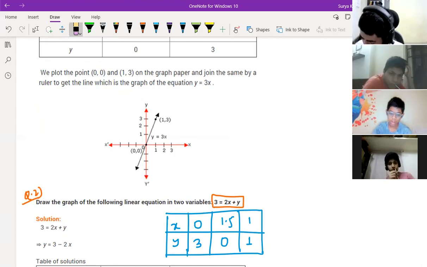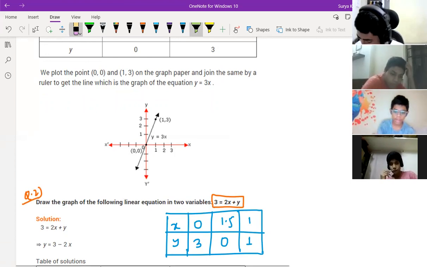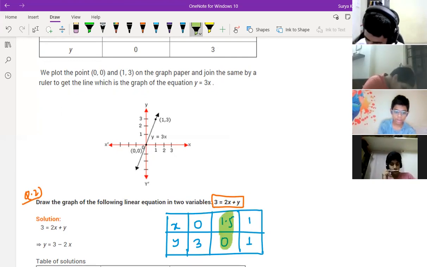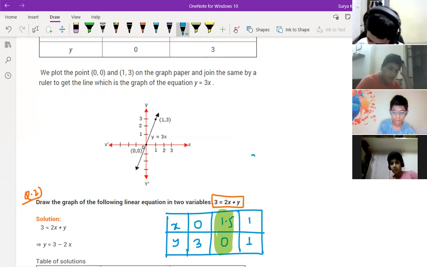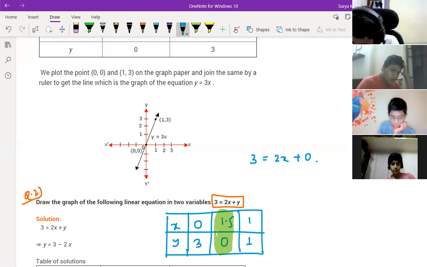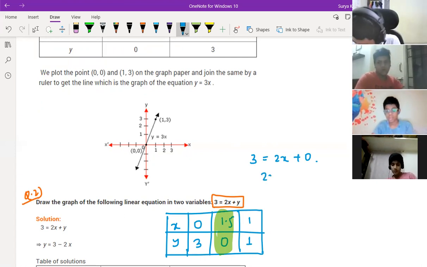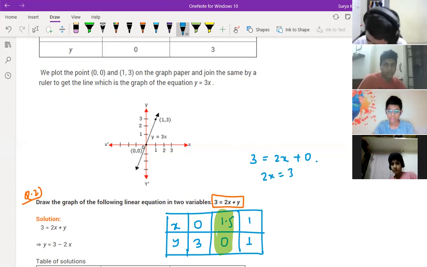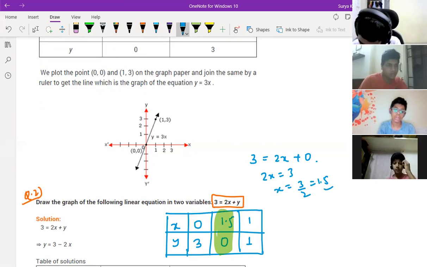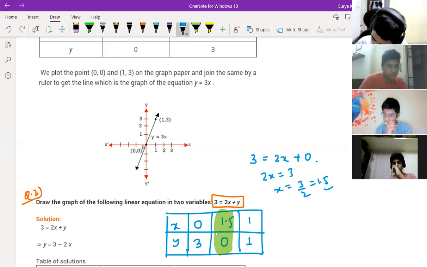Satvik, you are getting or not? I'm getting it, but I didn't get the second one, sir. This one you are not getting. Yes, sir. Put y is equal to 0, so the point 1.5, comma 0 will lie on the x-axis, right? Yeah, exactly. So see here, Satvik, 3 is equal to 2x plus 0. So what can you write? 2x is equal to 3. If you write like this also, no problem at all. So x is equal to what? 3 by 2, so 1.5. I got it, sir. Yeah, that's easy only. So 1.5 lies between 1 and 2.